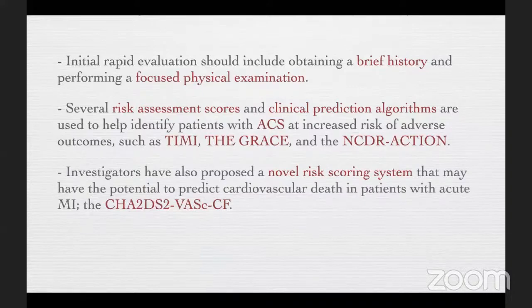Important elements of history, such as characteristics of pain, important associated symptoms, and past history of risk factors for cardiovascular disease, are used to determine the likelihood that these symptoms represent acute coronary syndrome and to predict the likelihood of clinical outcomes. Several risk assessment scores and clinical prediction algorithms are used to help identify patients with ACS at increased risk of adverse outcomes, such as TIMI, which is thrombolysis in myocardial